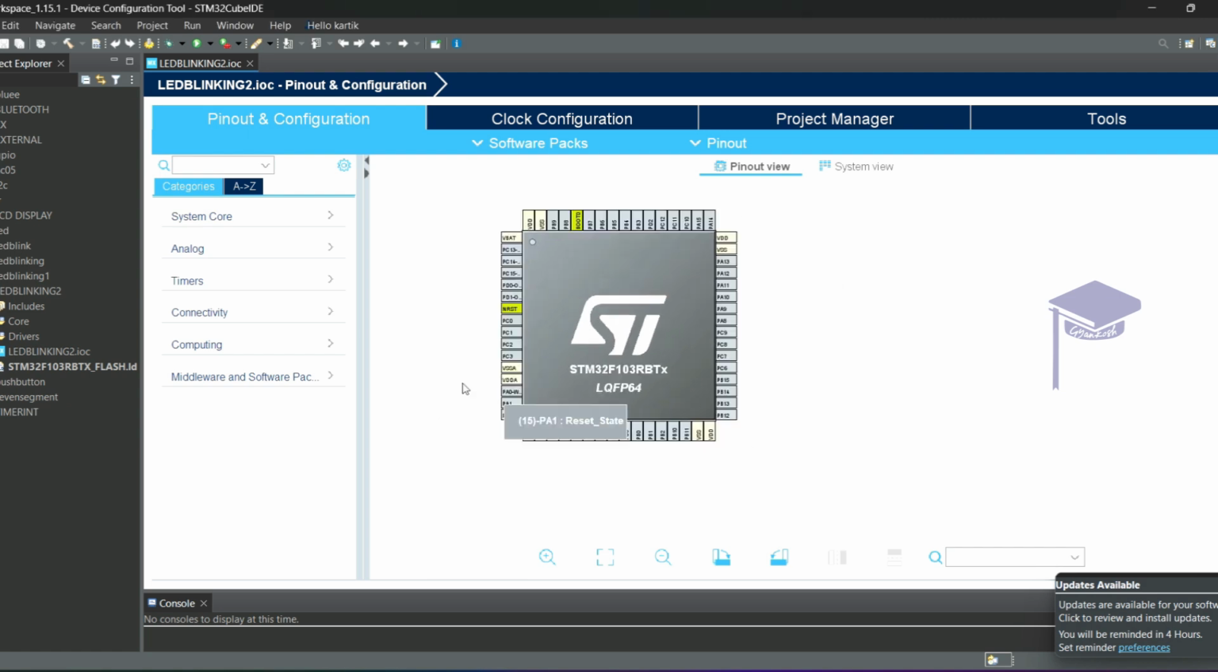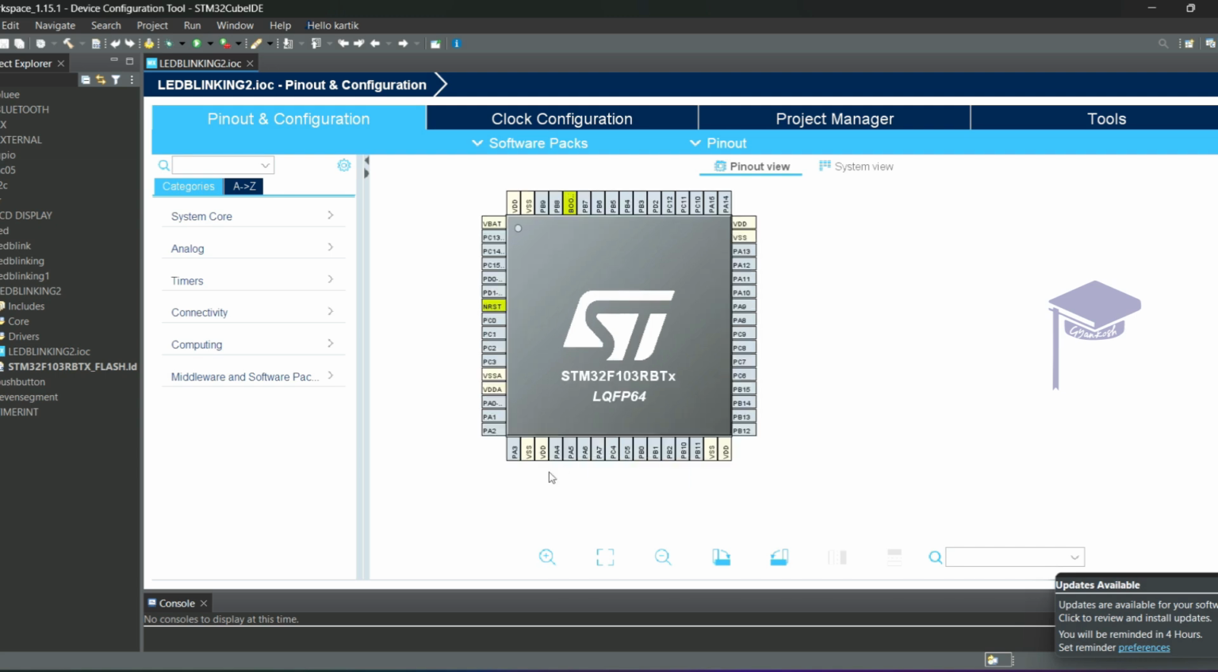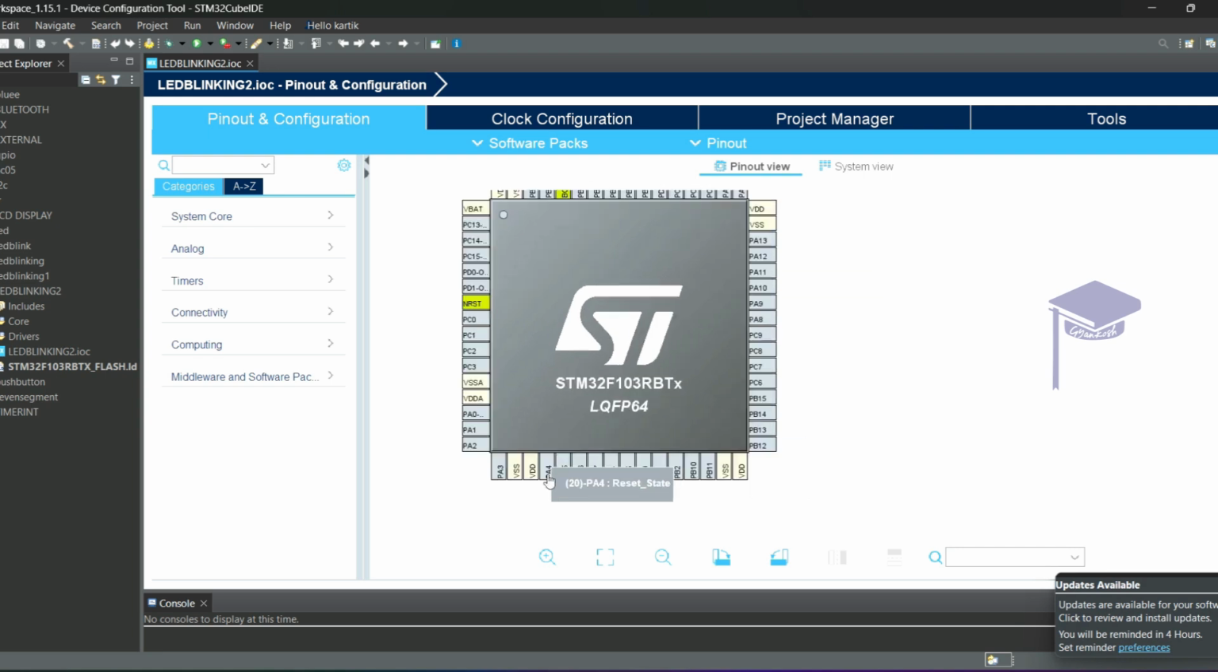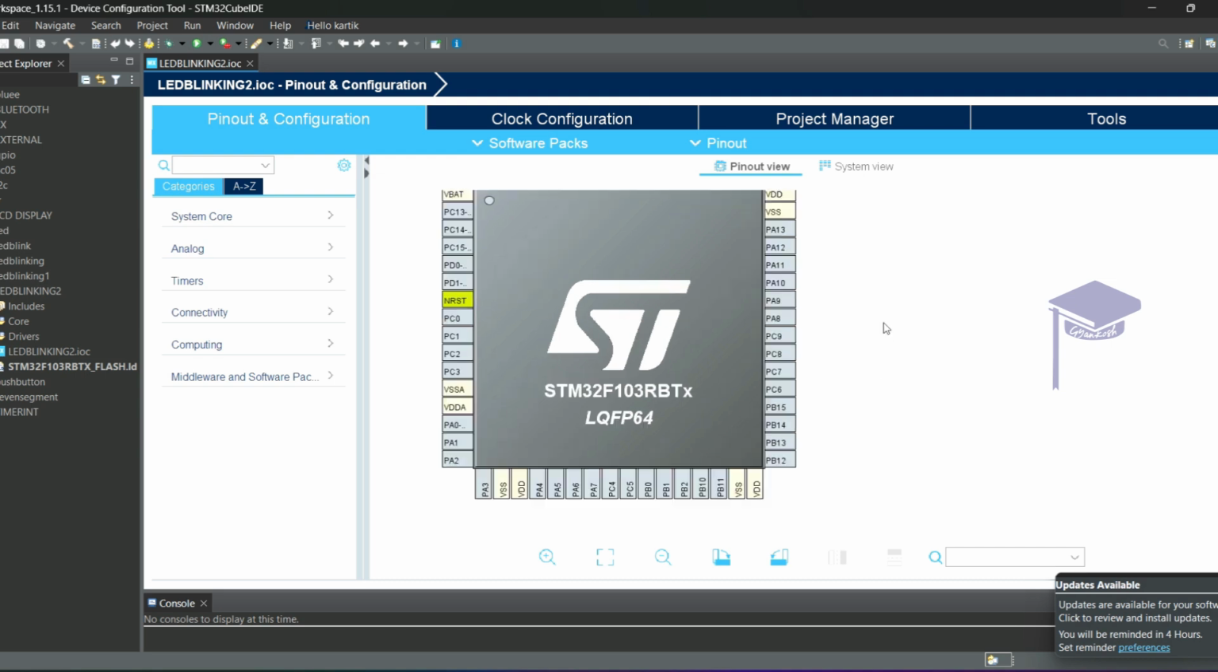Okay, this is the processor used in the Nucleo board. Here you can see the pins which are available in the processor. PA4 means port A, fourth pin. Likewise, there are PC5, PB0 and PD pins. Okay, next,